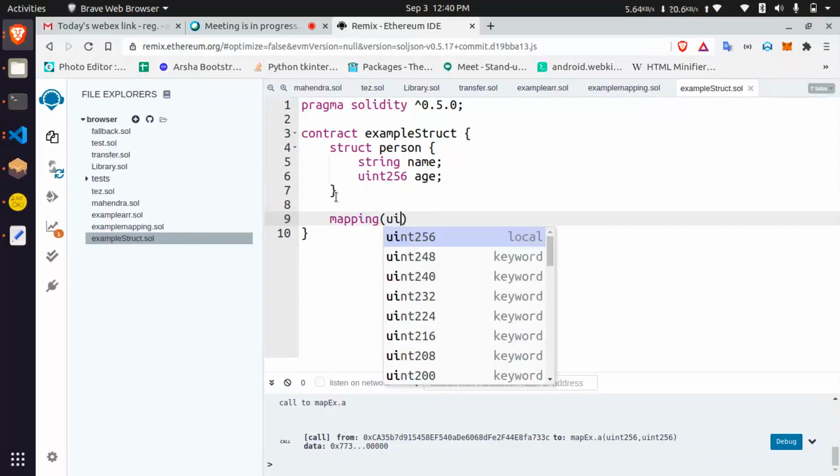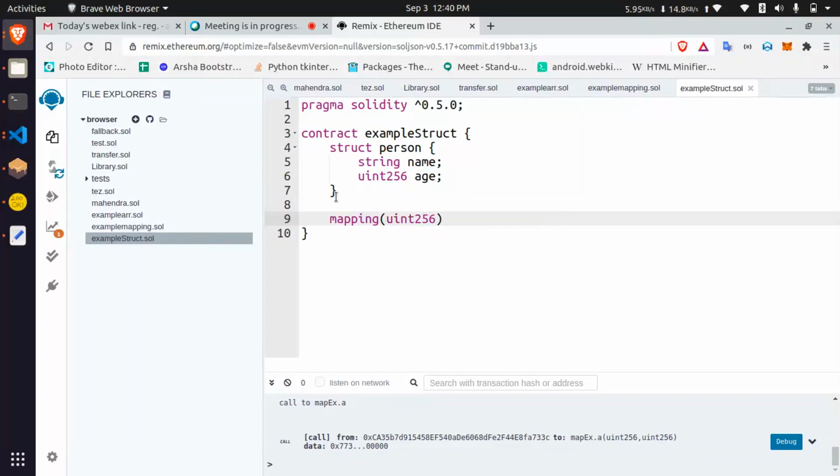Let's say every student has an ID, roll numbers or any IDs, you can use it. Then person public, and then name it person map.